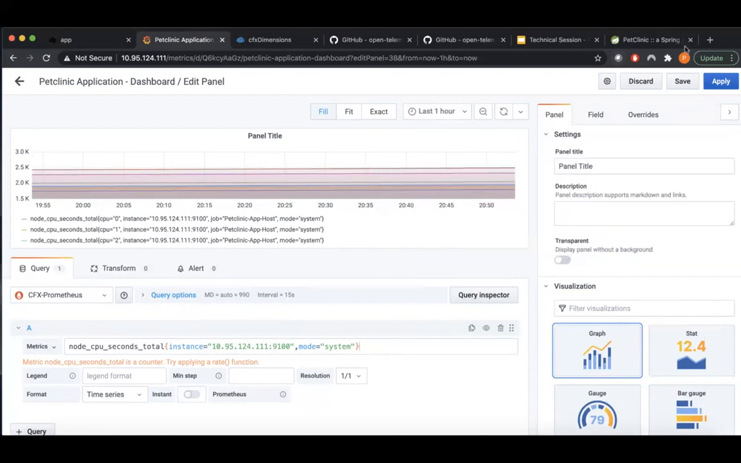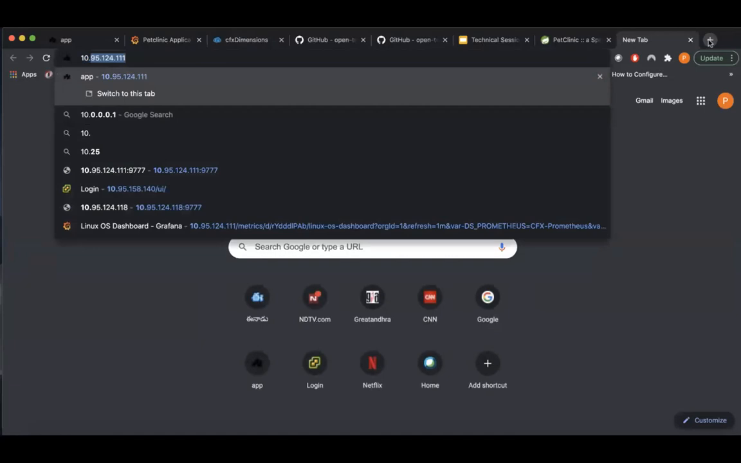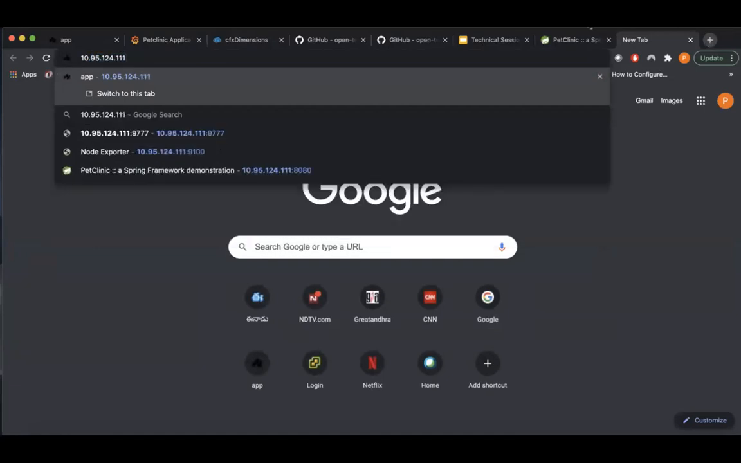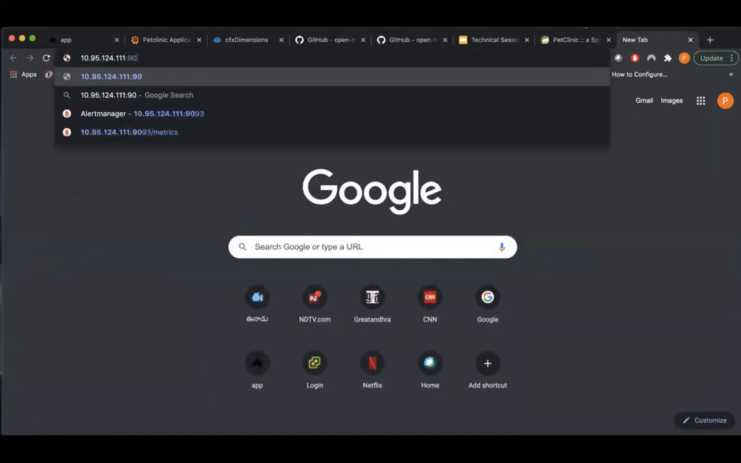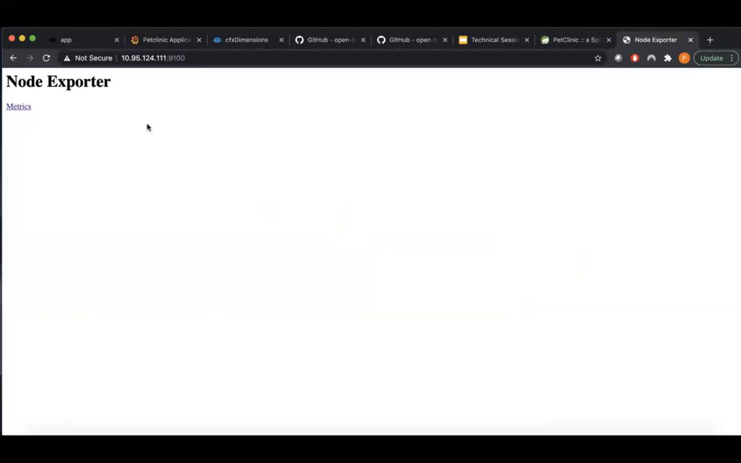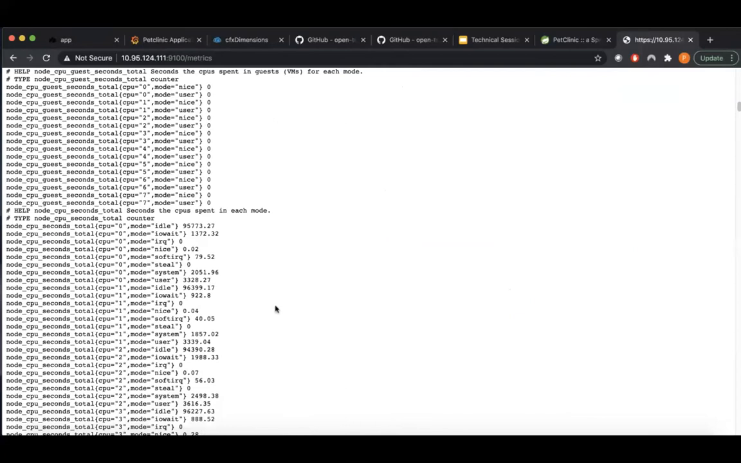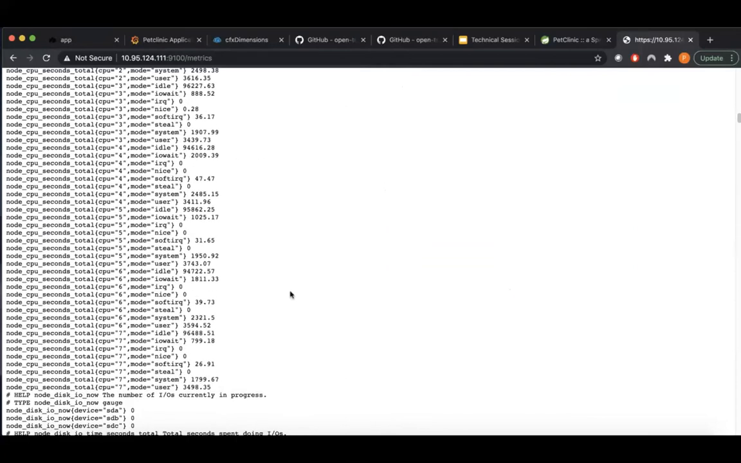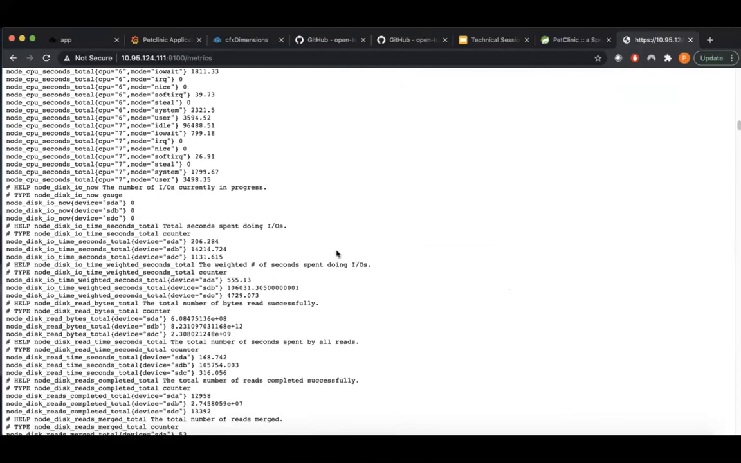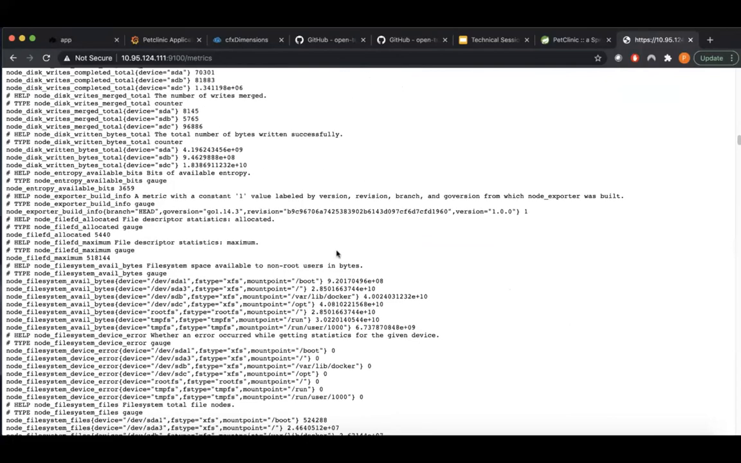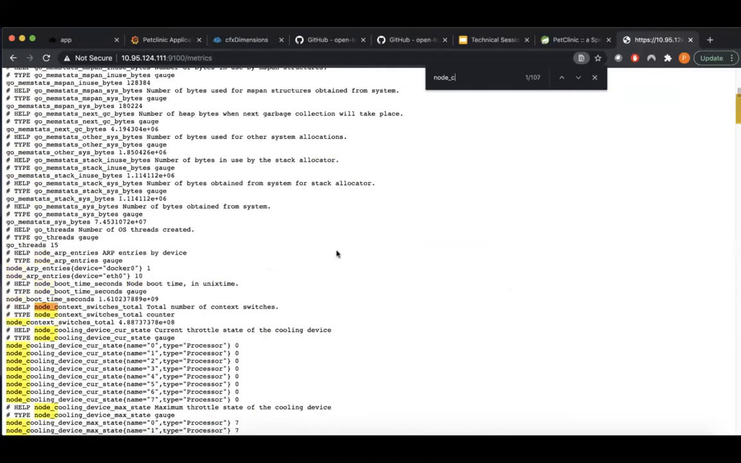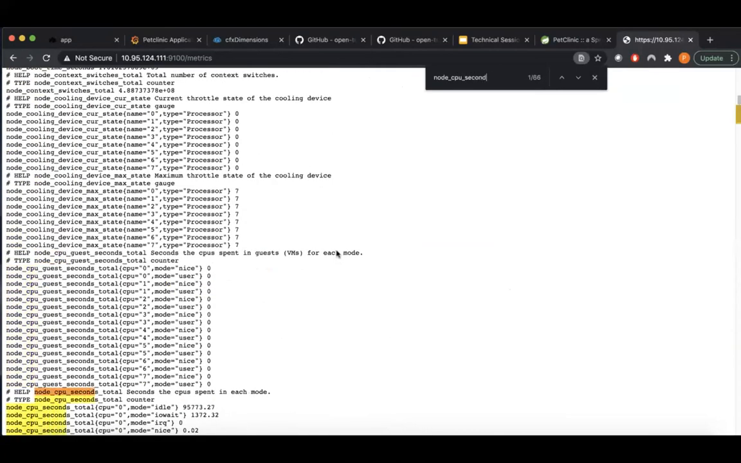I can give one example here. Let me connect to one of the agents. Let me type the code here. It is pointing to the agent that is running on this node, and if I click on metrics, these are some of the very extensive metrics which the agent is monitoring in real time on that particular node and reporting back to the Prometheus backend. So for example, if you see node CPU seconds total,